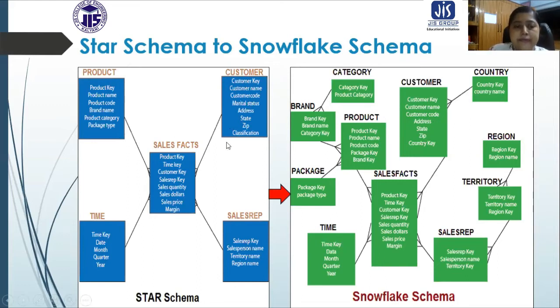So in this way, if we explore more the dimensions of the dimension table, then we have more dimensions, and those dimensions are not directly connected with the fact table. Those are connected with the other dimension. So in this way, the snowflake schema is actually built. Okay, from the star schema to snowflake schema.